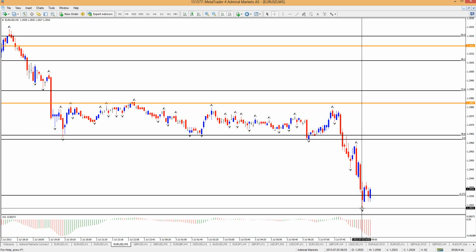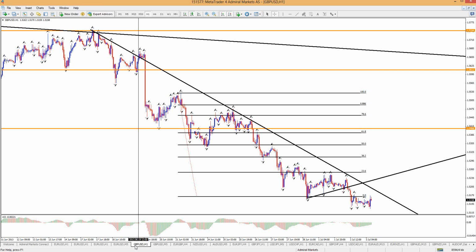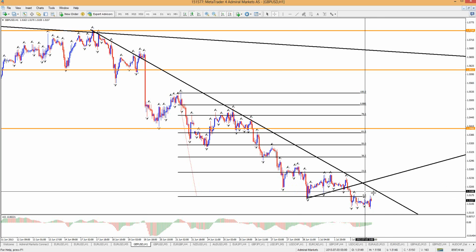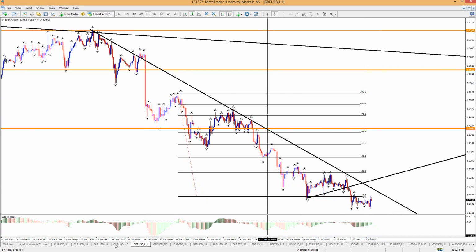Set up later on because the pound too, and then it broke the bigger level, and we had later on New York a good trade. But now I just don't see anything really that catches my attention. Probably the pound still. I think it's very nicely set for a down move. It's just a question of where and when to catch it.